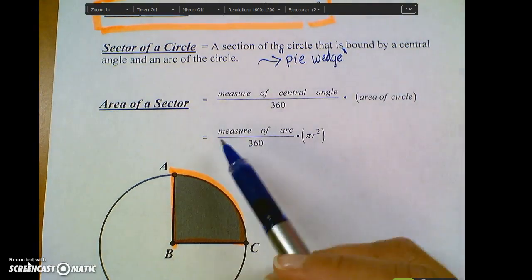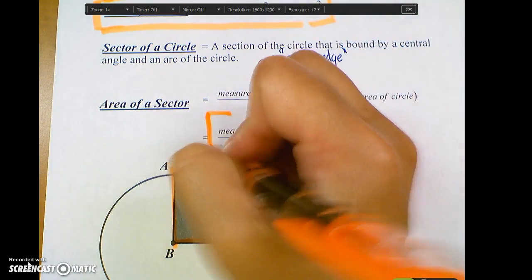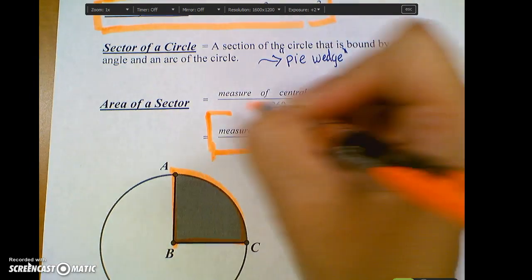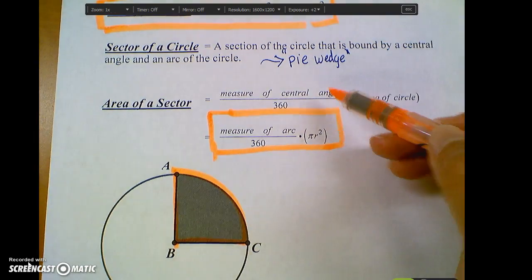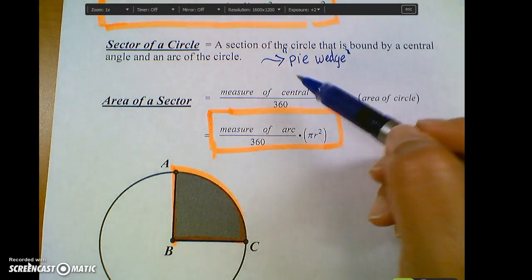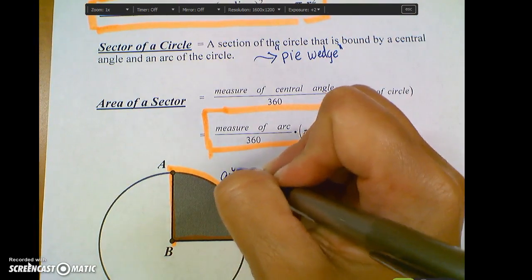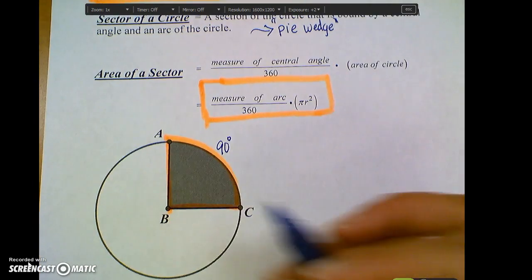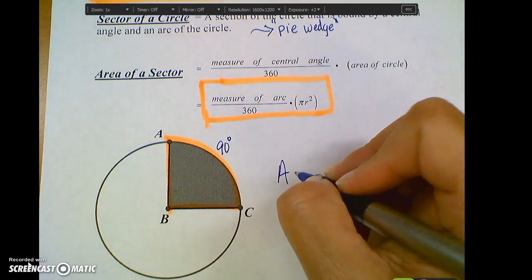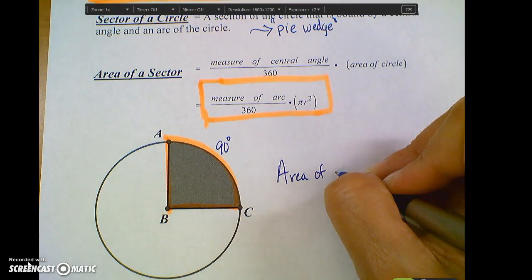Okay. The formula for the area of a sector, the one that you're going to want to memorize, is the measure of the arc, the central angle, over 360 times pi r squared. Central angle is the arc. So if this happens to be 90 degrees, then to calculate the area of this sector, and we would call it sector ABC,